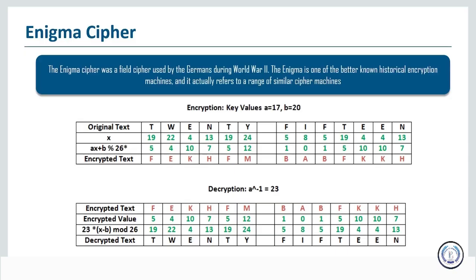You've got to get messages from headquarters down to where the people are actually fighting, and you don't want it to get intercepted in between by the enemy. So therefore, you use encryption. And lots of energy was spent by the Allies, in particular the British, trying to decrypt the messages. One of the first instances that we are aware of where a machine was used to do the actual encryption,